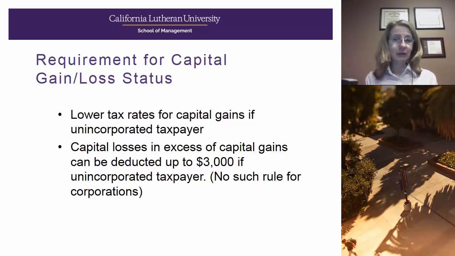However, what happens if you have a large capital loss and you don't have capital gains to offset that? Well, you can offset ordinary income in a year up to $3,000. So let's say you have a $30,000 long-term capital loss for the year. You don't have any other capital gains. You can offset $3,000 of ordinary income, and then the rest of the capital loss must carry forward.